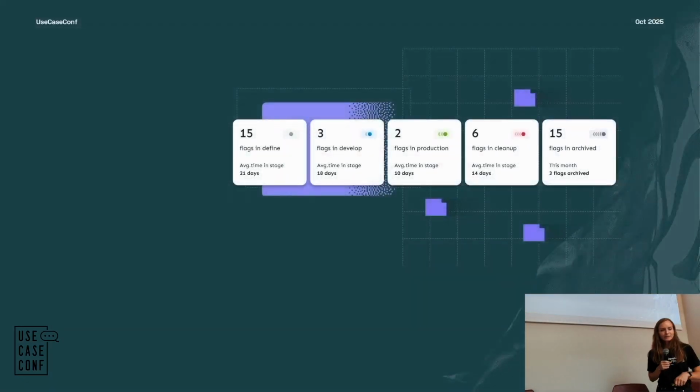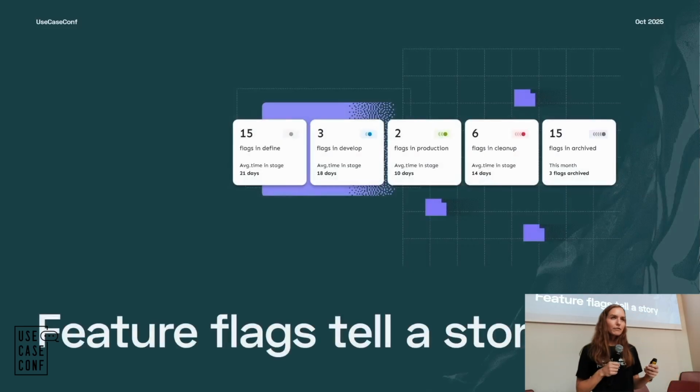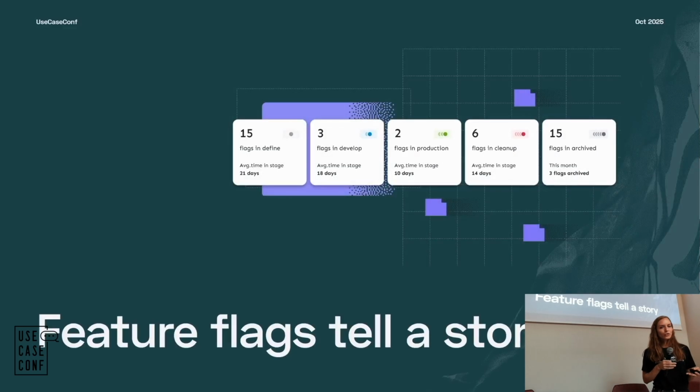And I want to leave you with this. I think feature flags aren't just on or off statements. There's so much more than that, because in my mind, they're a living artifact that tells you a story about your feature, how it goes from an idea to production and beyond. And if you start looking at this data, they actually tell you about how your engineering teams are working, and maybe where they are very fast, where they are blocked, and where they need help. And once you start taking in this full life cycle, you move beyond just deploying code. You start managing your features, and I think that's how you go from DevOps to FeatureOps.